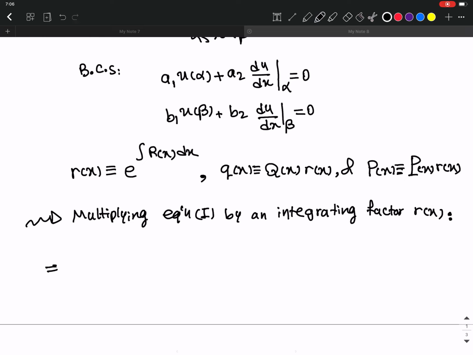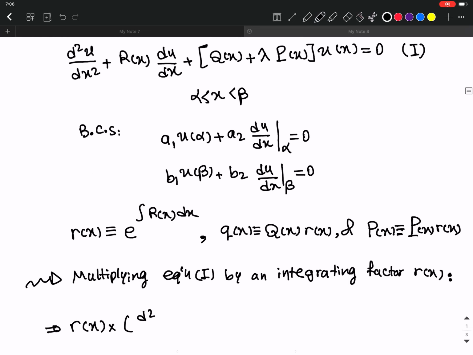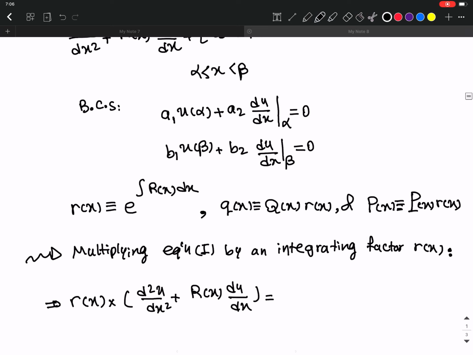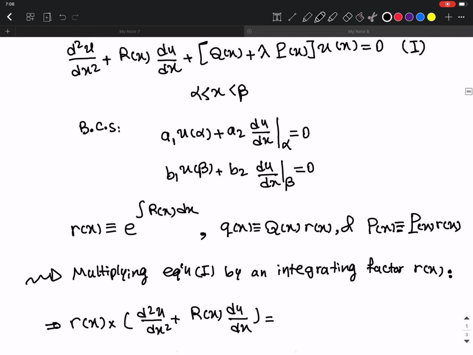So R(x) times the first two terms: d²u/dx² plus capital R(x) times du/dx. So I'm going to open these two terms. The first one is going to be d²u/dx² times R(x),